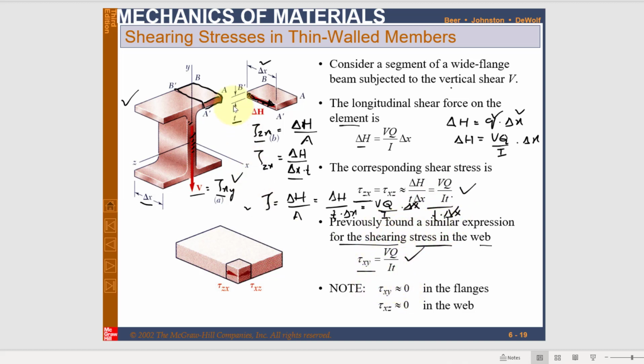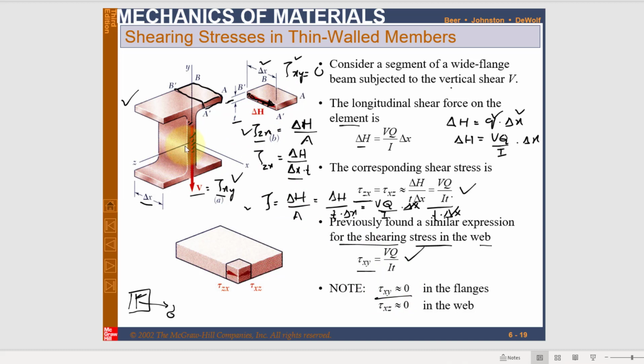Also note that we have already discussed that any surface will have three forces. One will be the normal force and two will be the shear forces. So in this condition, the only shear force acting on this surface is tau of xz, and there will again be tau of xy, but that will be equal to 0. Why is it 0? Because in the flange the thickness is very small, so the shearing stress tau of xy will be equal to 0,